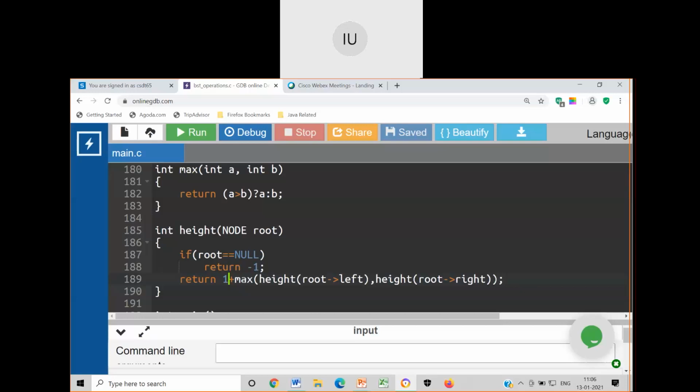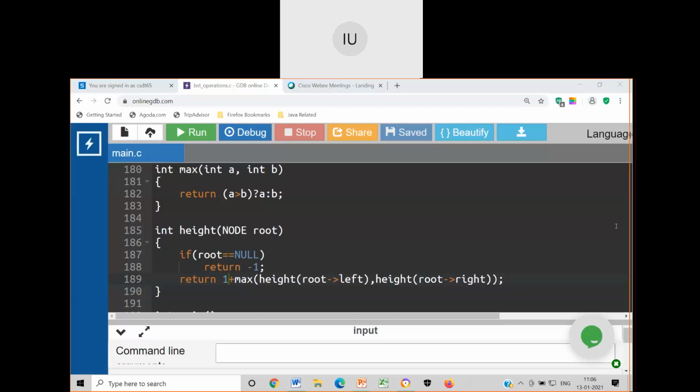Okay, are you able to understand it now, or do you still have any doubts? Have you understood it? Please type yes if you have understood it. Okay, only one yes. Yes.